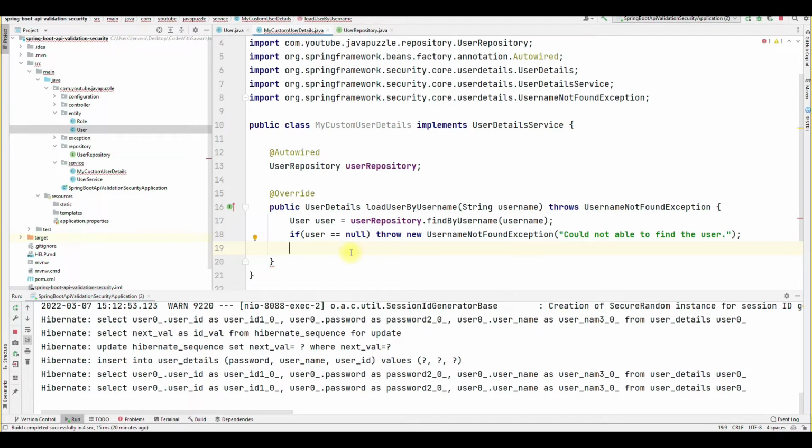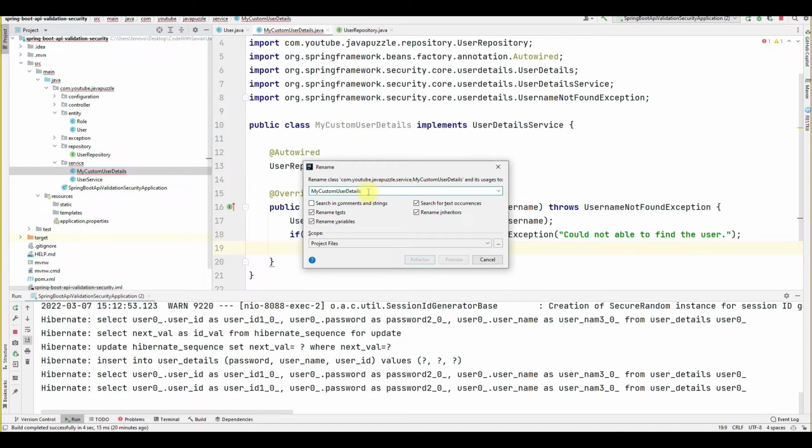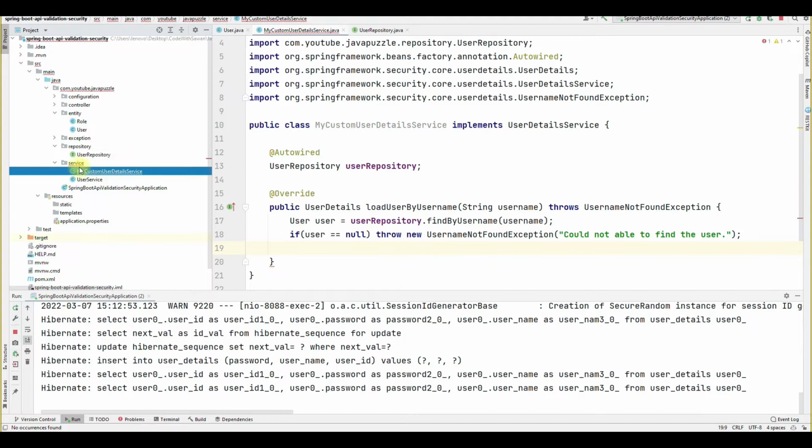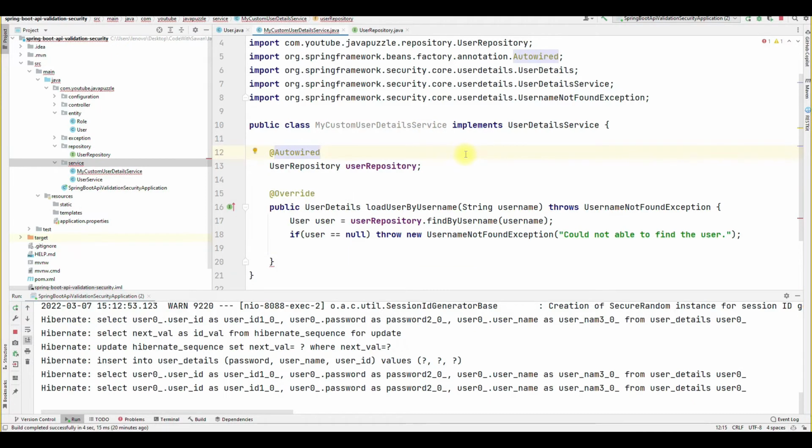Before moving ahead, let me create one more class. This one is our user details service. Let me change the name here to custom user details service, refactor, rename. Now let me first create one custom user detail, because there are two things: one is a UserDetails and another one is a UserDetailsService.